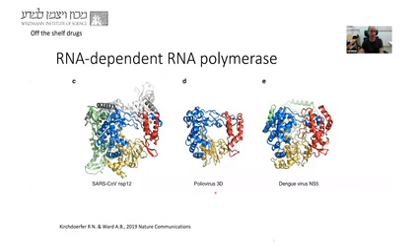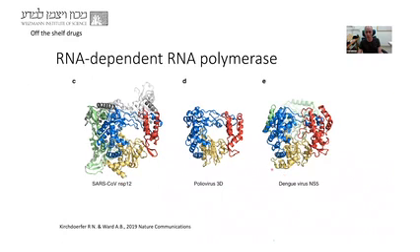So let's start with off-the-shelf drugs. As I told you, the RNA-dependent RNA polymerase is a very important protein that the virus brings with it in order to replicate its own genome. Here you can see the structure of this protein from the previous SARS, the one that infected people in the early 2000s. And you can see that structurally, it's very similar to other RNA polymerases coming from very, very different viruses.